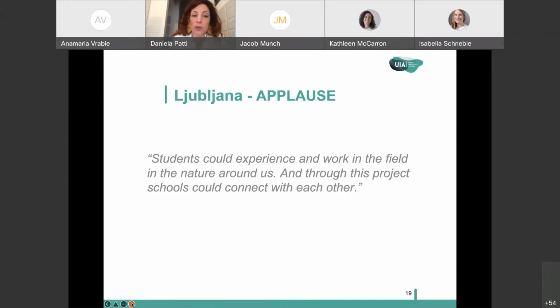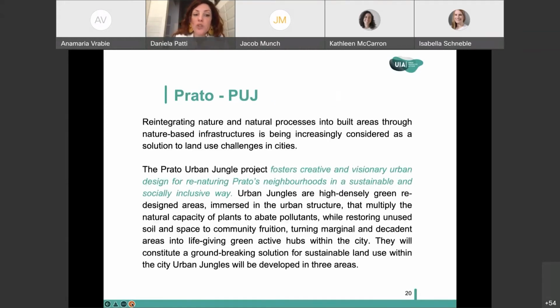The next case that I would like to share with you now is going to Italy and going to Prato. Prato is still an industrial city, especially in the textile context. And as in many industrial cities, pollution and living conditions, the quality of life in the city, have been one of the main concerns of the public administration. One of the things that they've been working on is developing a forestation plan for the city. And the Urban Innovative Action Project has been a great opportunity for developing